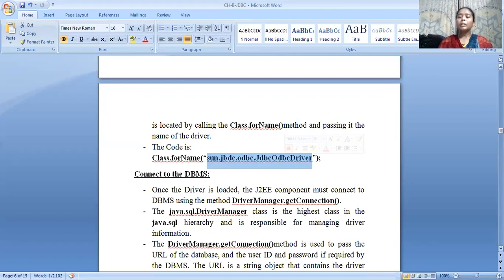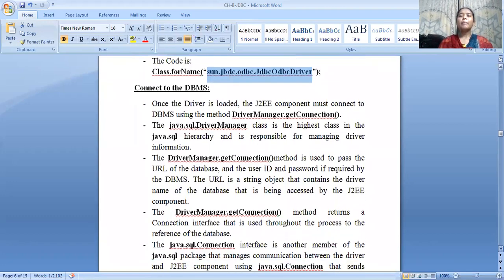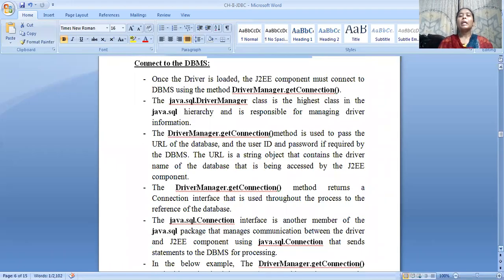Coming to the second point, connection to the DBMS. The J2EE component must connect to the DBMS with the help of a driver manager. The method for this connection is the DriverManager.getConnection method.